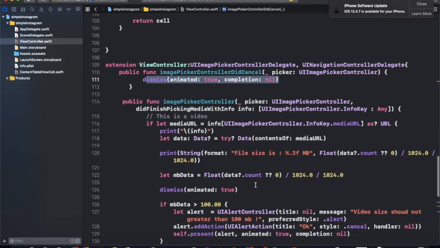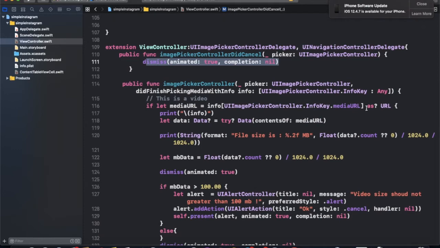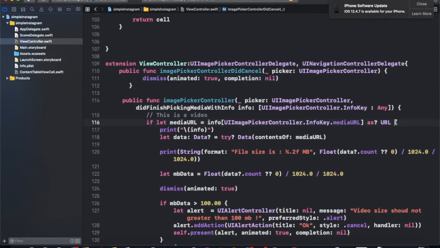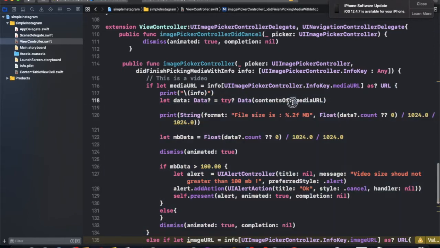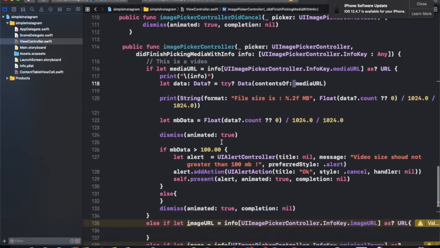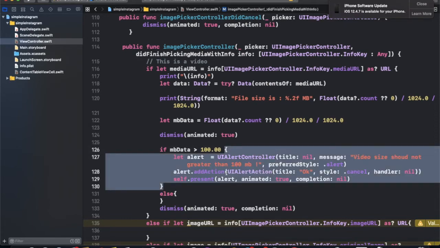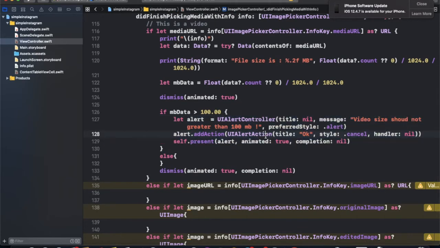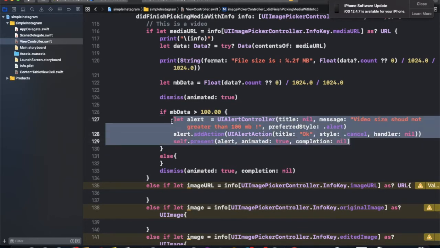If he selects any media URL, like any video from the camera or from any other source, we are just showing the video URL. For that video URL, we are first taking the size of the video, because if you want to upload to a server, then you need to make some constraint on size. If a user wants to upload very big data, it can harm your server too. So it's according to your use case. We are just making it 100 MB. If it's more than 100 MB, then we can show that the video size is more than 100.